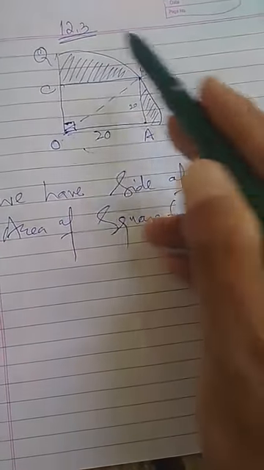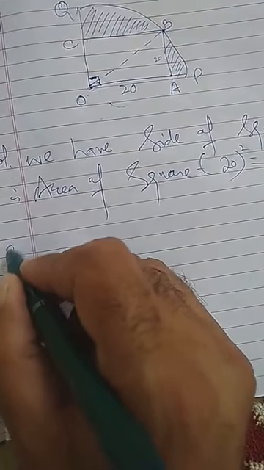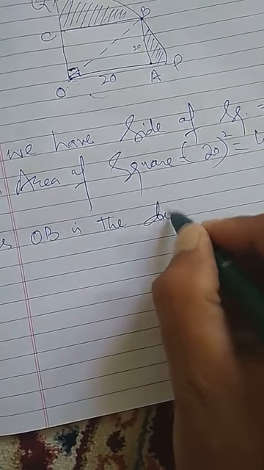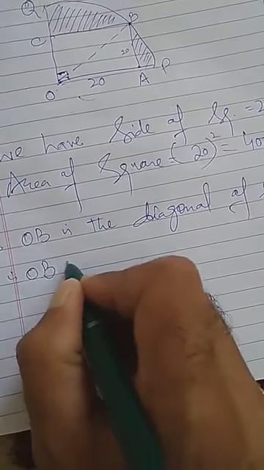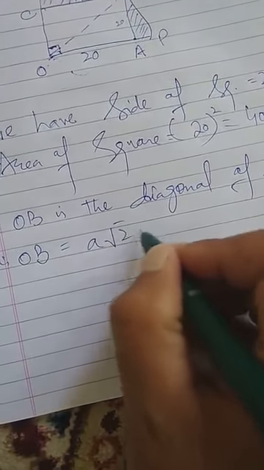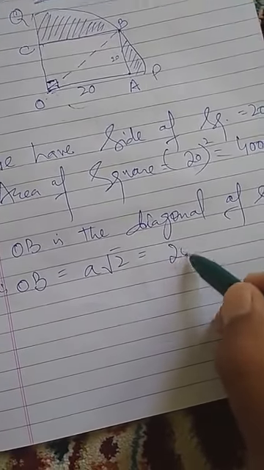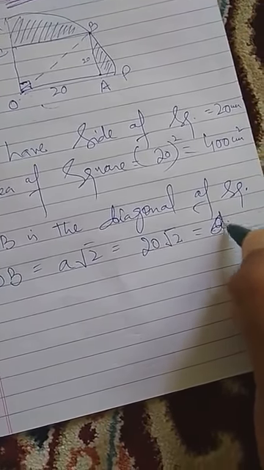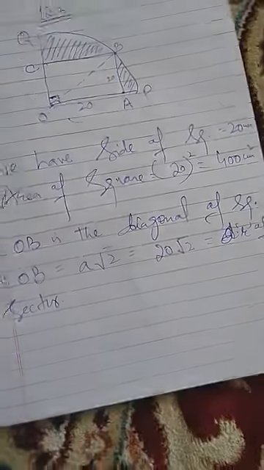Now we have to find the area of the quadrant of the circle, or sector. As OB is the diagonal of square, therefore OB is equal to a root 2, where a is the side. Diagonal of square is always equal to a root 2, where a is the side is 20, so the diagonal is 20 root 2, which is equal to radius of sector, therefore